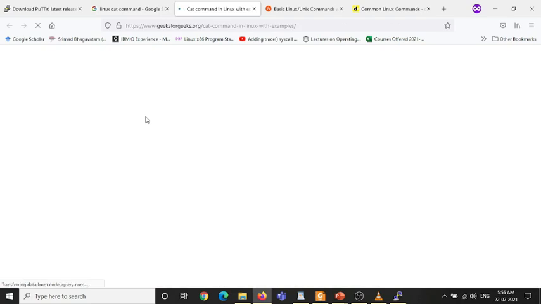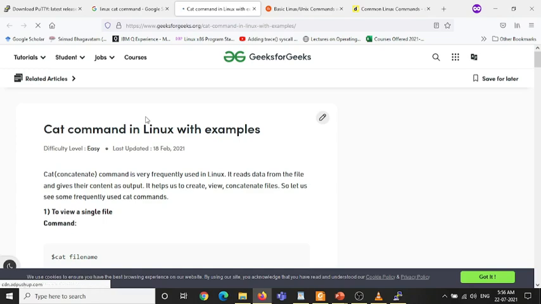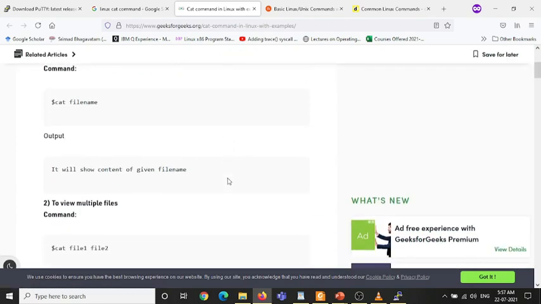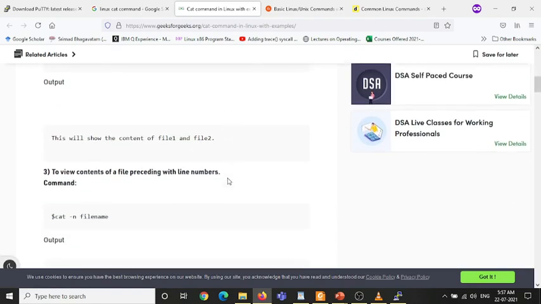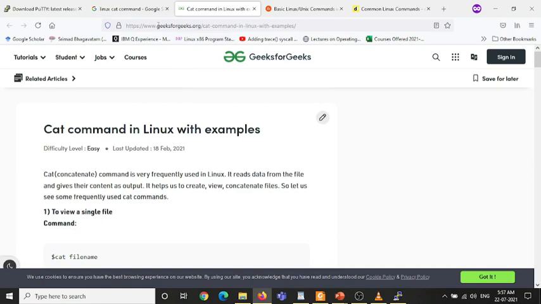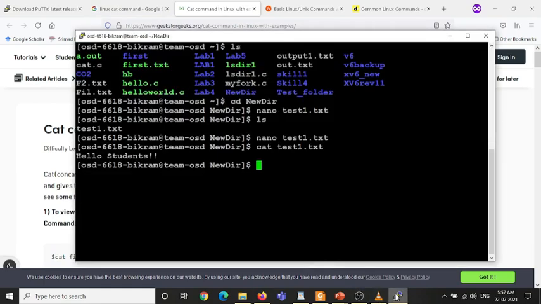This is a good website for starting purposes. Okay, so it is loading. Here you will see the command, the options, file 1, file 2. So if you want to read more about this, you can go to this website and read it.